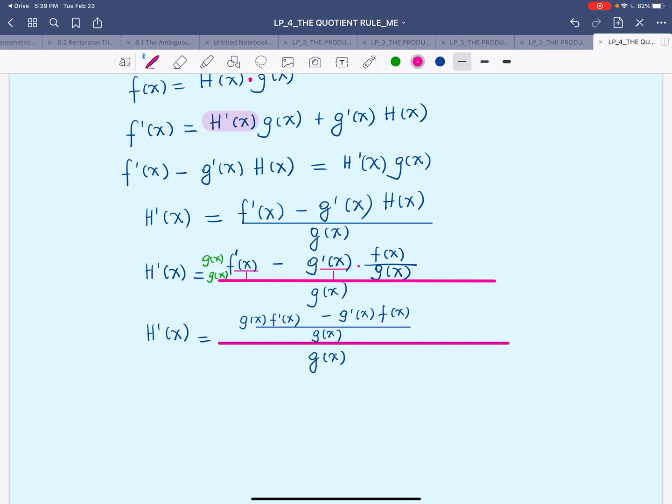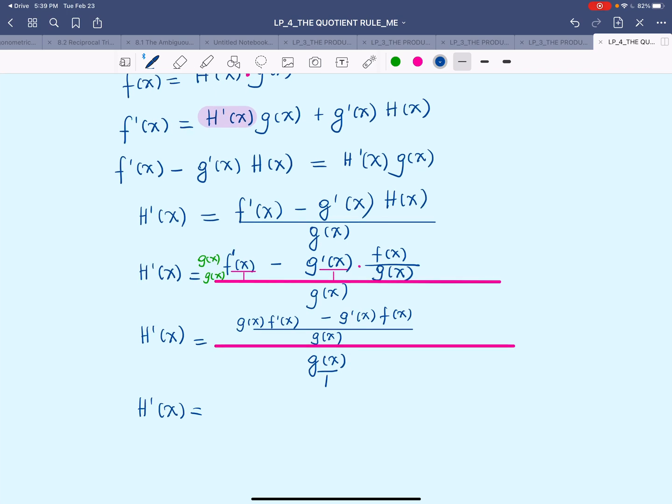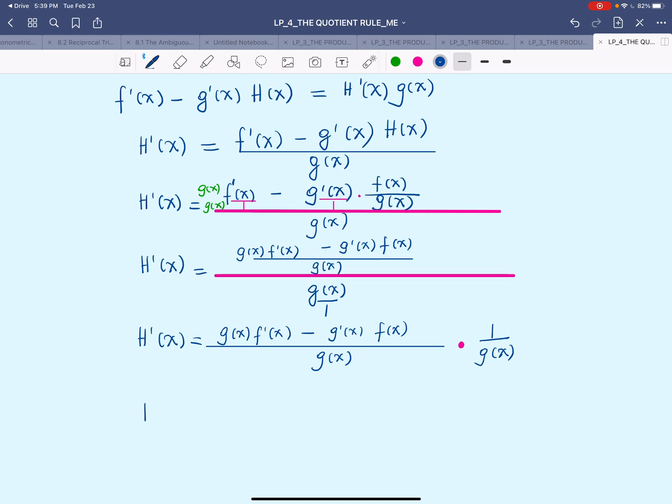Now remember that this is a division by another fraction, g of x over 1, or we can look at it this way. So h prime x equals, I'm going to write the numerator first, g of x f prime x minus g prime x f of x, divided by g of x, and then multiplied by 1 over g of x. So multiply together and we get h prime x equals,